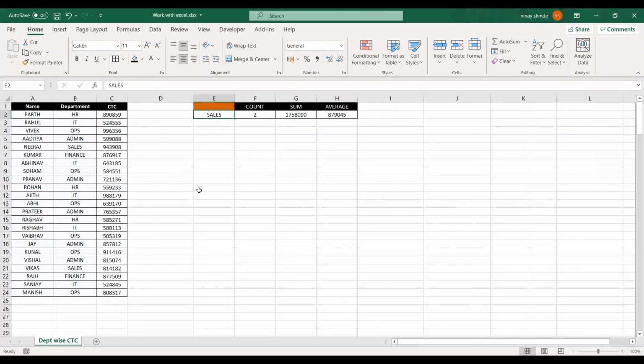Now when I put IT, all these values will get changed for IT. Similarly for admin. So as I mentioned, it is not case sensitive. You can write in any case. So this is how it works.